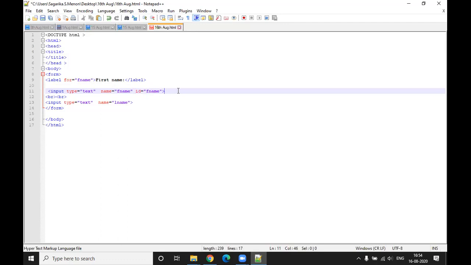So how does this label get bound to this input type? This label has got a name, fname, and this is being used as an ID over here, ID equal to fname. So wherever we have a label whose for is fname, it gets bound over here. I hope you guys are getting me. We are binding two elements over here, the label with the input type. So how can we do it? We have to make use of the attribute ID.